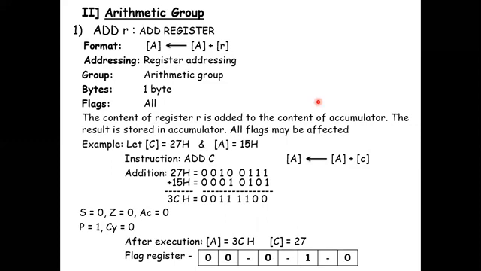So let C is equal to 27, A is equal to 15. Okay, for example, ADD C means we are adding the 27 and 15. Okay, output will be 3C. So let's see the